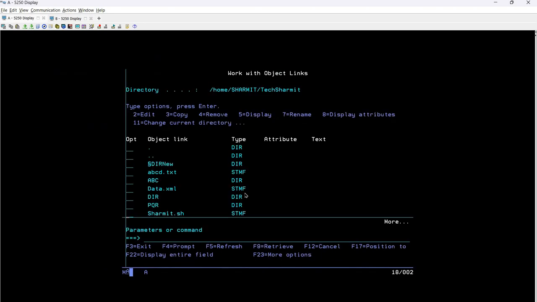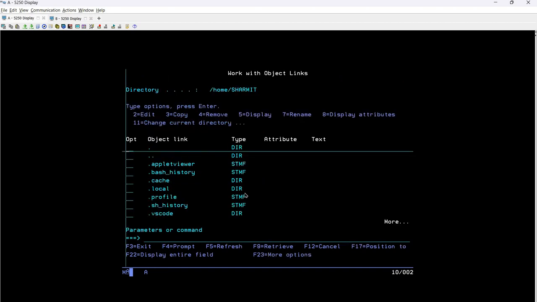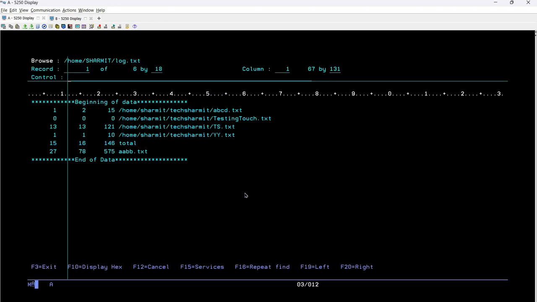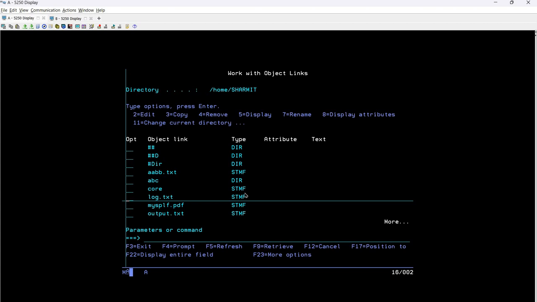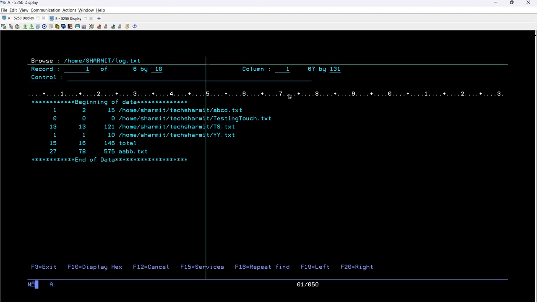So we are not going to change anything in the script right now. Instead, I'll show you the file which we are going to use for the demo purpose. Here I'm writing work lnk, enter. Then you can see there is one file, aabb.txt, or maybe another thing we can use, log. Yeah, this file we will use. Okay, log.txt. Now if you want to compress this log.txt file, you would need its path, which I know, so I can directly type it there.